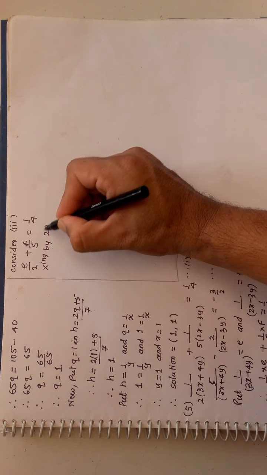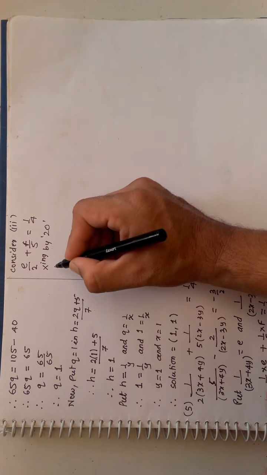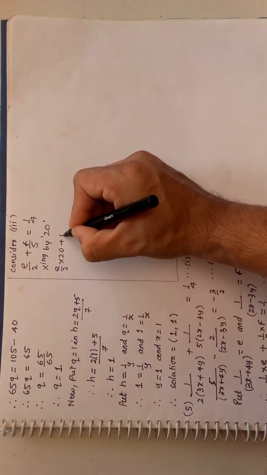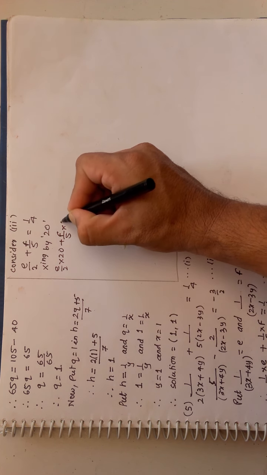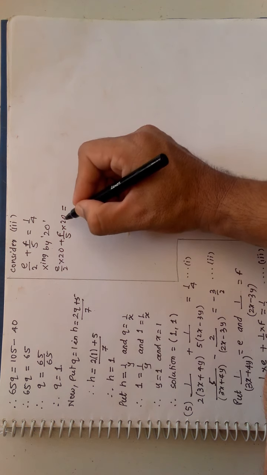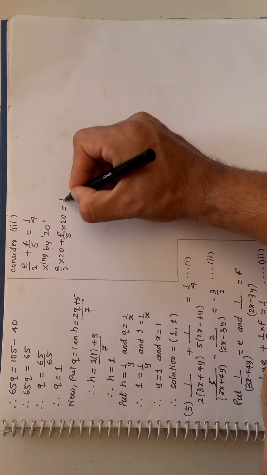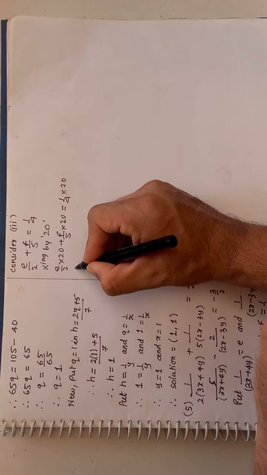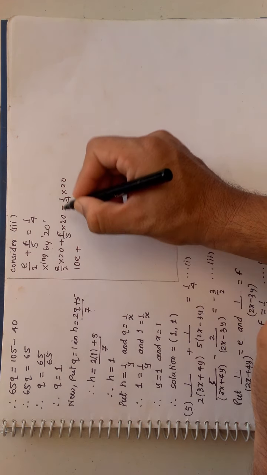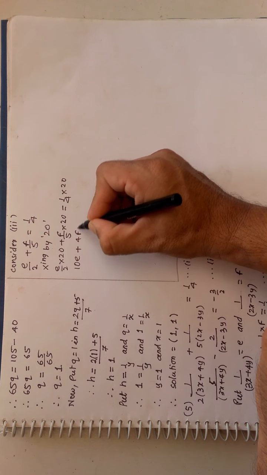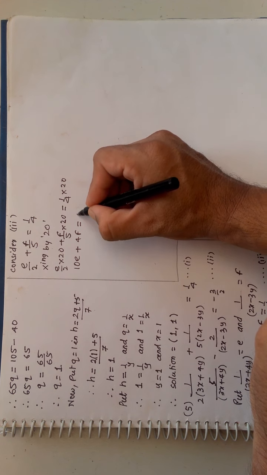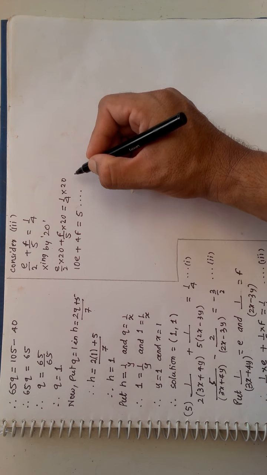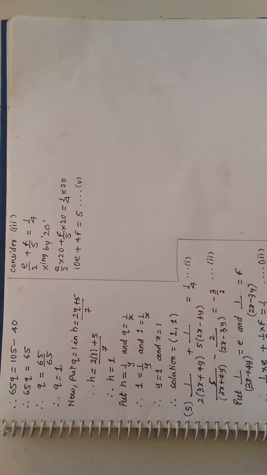So I will multiply throughout by 20. And the same statement I am saying, before plus you will multiply, after plus you will multiply, and before equal to you have already multiplied, after equal to you will multiply. So it becomes 2 tens are, this will become 10e, 5 fours are, that is 4f, 4 fives are 5. A completely changed question and a completely changed number.